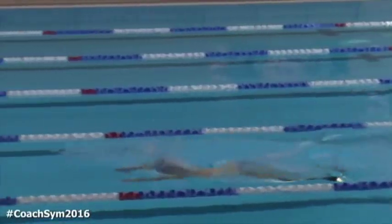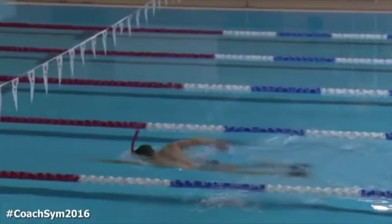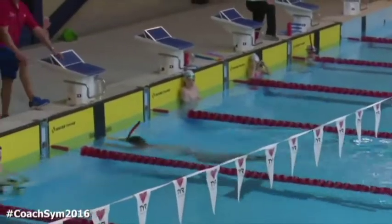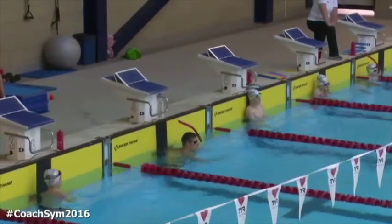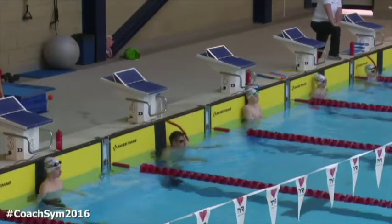So, what we often find with this drill is that the younger swimmers start to pause at the front of the stroke. So, they come to meet the other arm, and then often their hands drop beneath the surface. They come back up, and they end up actually doing the pull with the elbow dropped. So, there's no issue with doing it with one arm out in front, but what I ask you to do